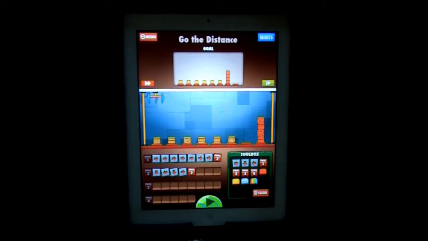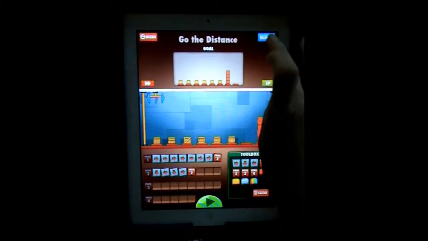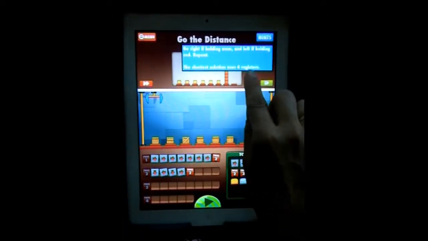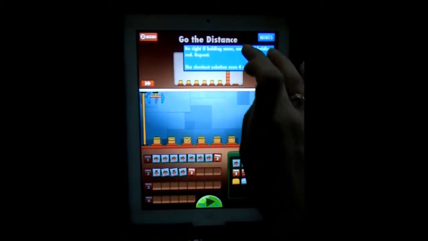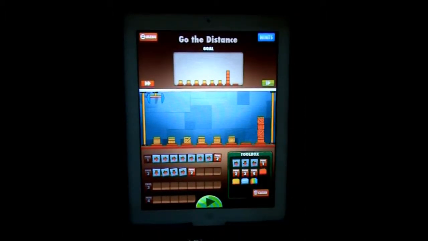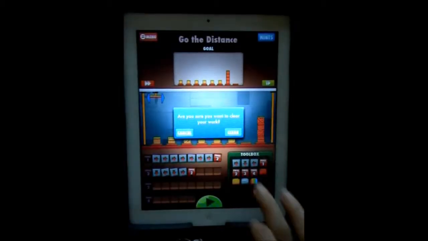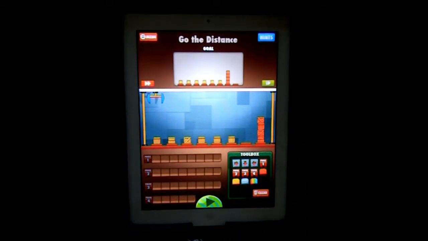So what can we do? Well, we know we need this set to begin with. But hey, didn't they say that the shortest solution was using only 4 registers? That means I have to stick to program 1, probably, right? So let's clear this, and let's start over again. Now, what are the basic things that I need to do? I need to move over to the right,